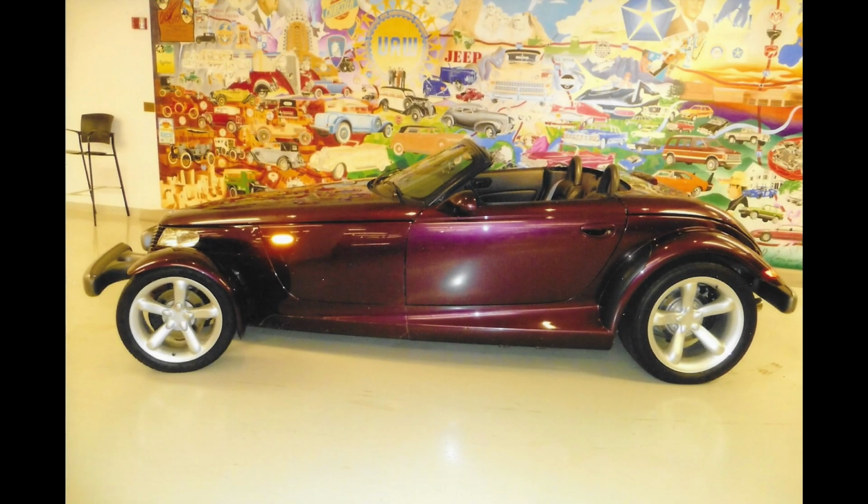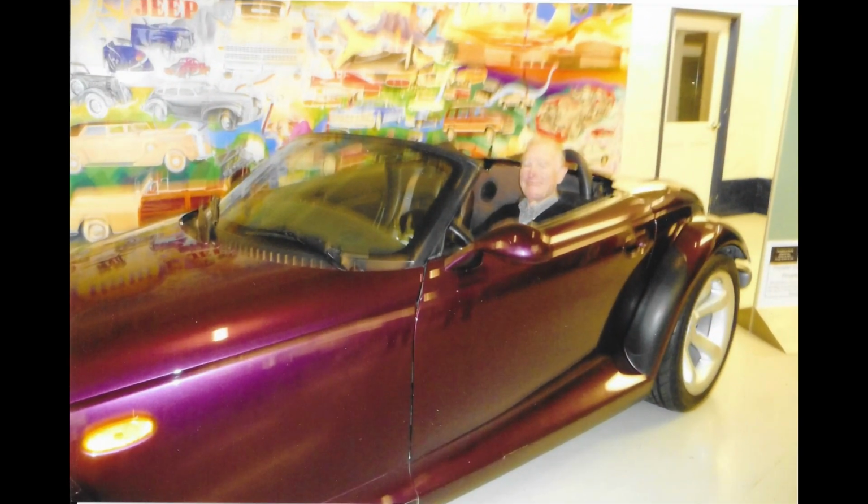After the pace car, there is a Prowler, and Don could get in there and sit down, and I could take his picture if he wanted me to, or vice versa. I don't even know what years the Prowler was made. Do you think that...